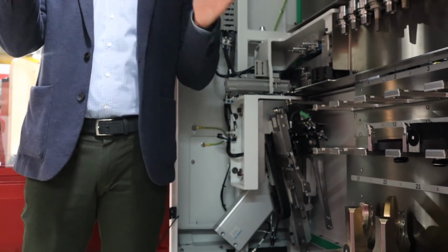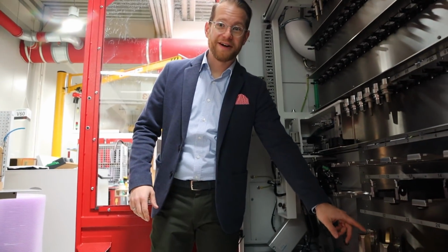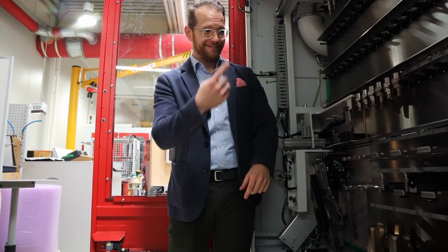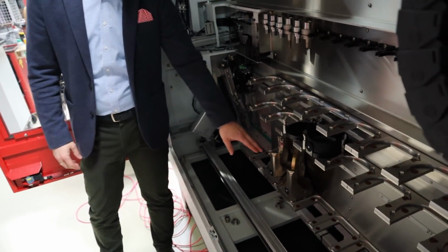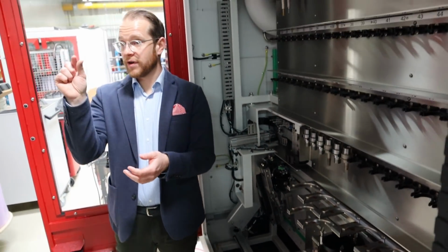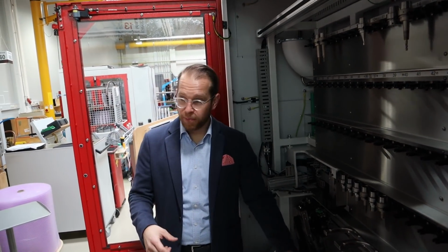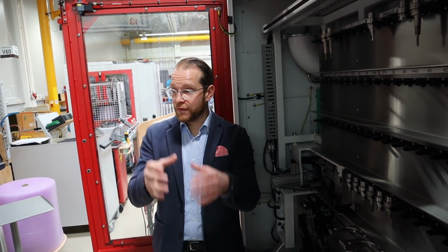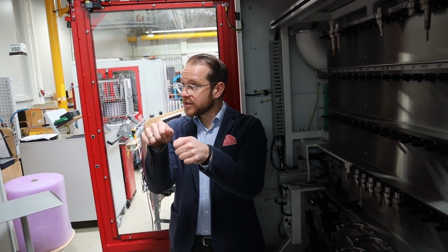So we put it into the machine, into the system, even if it's that big. So nearly everything is possible. We put that in, we mill it, and we mill very small parts of that. And in the past, when this whole blank with all the small parts in it was finished, somebody went there, picked it out, and cut out the